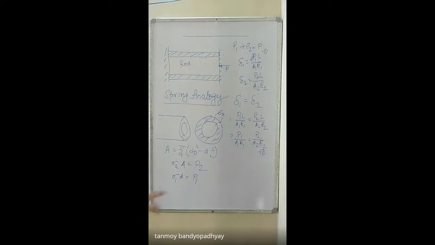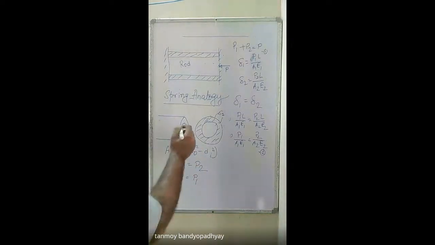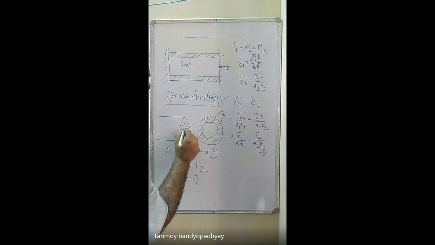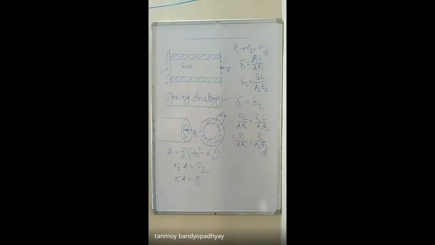So it's not that P2 is acting along its axis. This drawing may be confusing to you. I am drawing P2 like this. You are asking why, sir, P2 cannot act along the axis, because on the axis there is no material. That is correct. But this drawing is actually a misrepresentation. Why? Because whenever you are applying force on the rod and the tube portion, the tube is trying to contract. Since the tube is trying to contract, there will be internal stresses set up on the body, which is sigma 2, that will try to resist the compression. So this sigma 2 multiplied by its cross sectional area gives me P2, not that P2 acts along the axis. Understood?